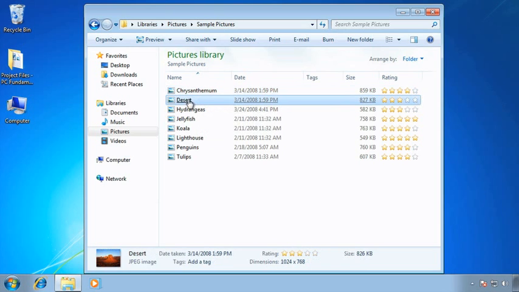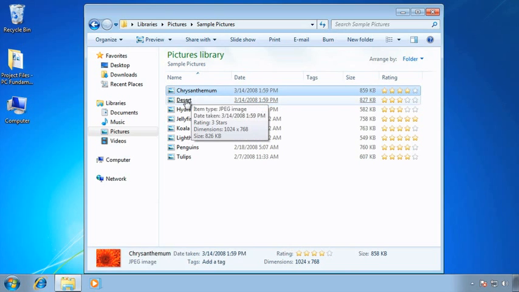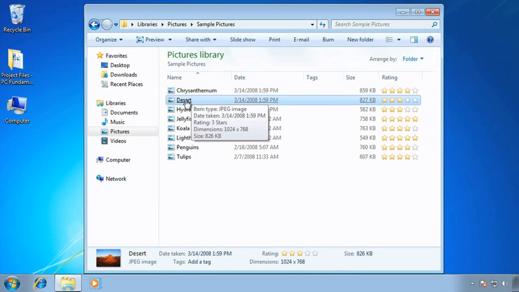I'm not actually clicking. And if I actually click on it, it will open the file. I like this because to me this is faster. All I have to do is move my mouse to select, click once to open, instead of clicking once to select it and then double clicking to open. It's simply a matter of pure preference, but this is kind of the most recent and up-to-date way of working